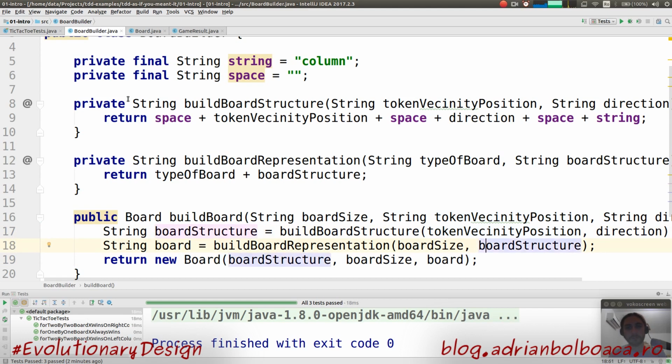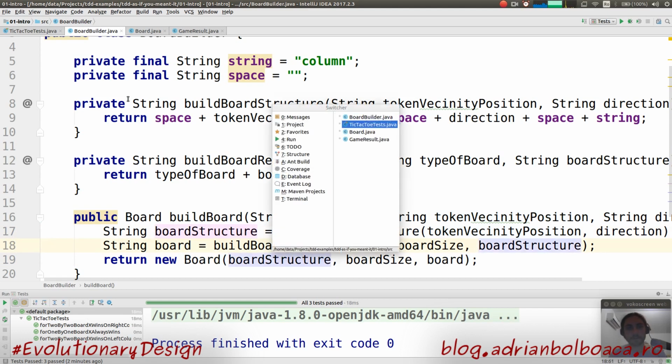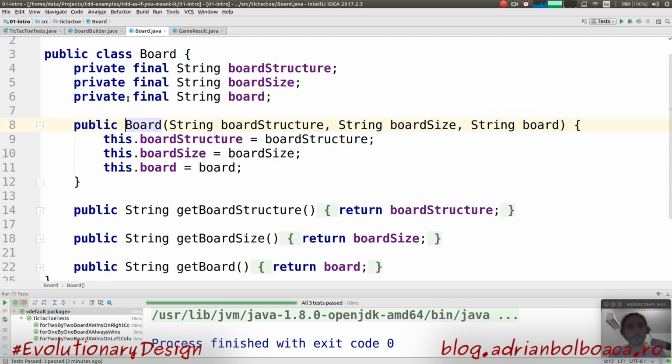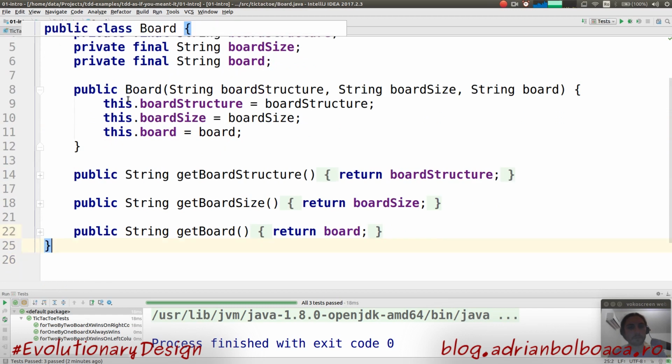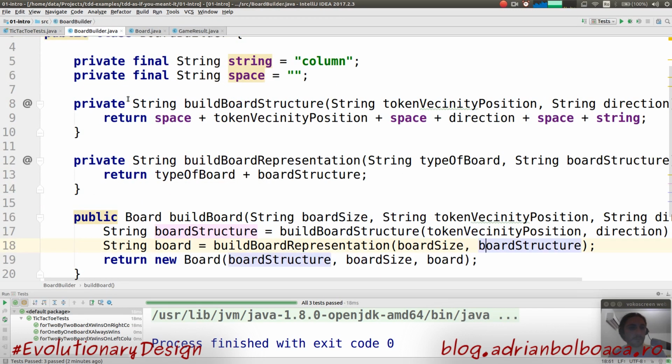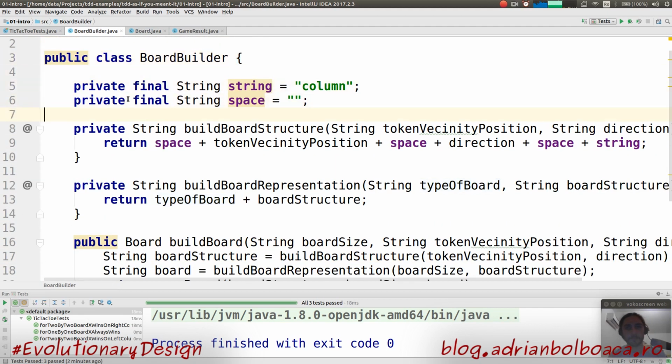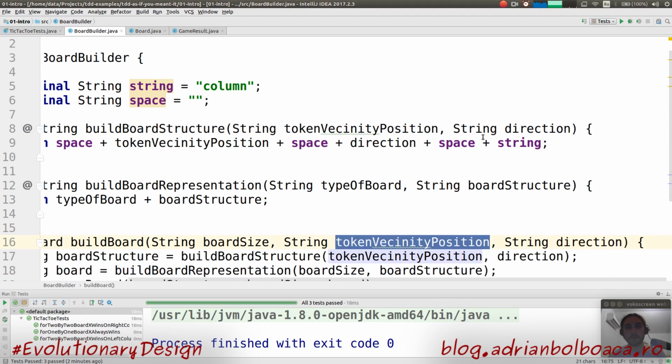Let's look a bit at the board. Seems fair, seems reasonable. Another thing I'm looking at is that I have token vicinity position repeating itself in parameter here and here, and then I have the direction repeating itself here and here. I want to respect the rule of 3, so if I had 3 methods with the same parameters repeating themselves, then I'd like to extract those to fields. But now, since I only have it in 2, maybe it's not really a sign that something's wrong with the structure, and I will need to make the